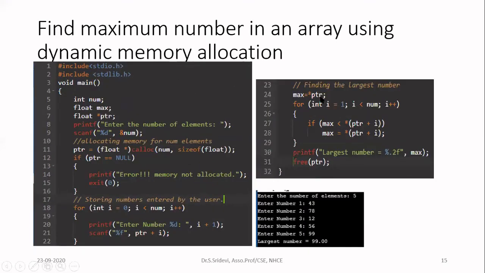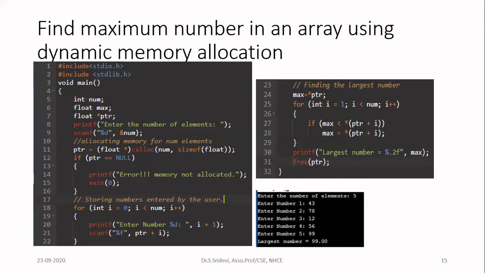Let us see one program to find the maximum number in an array using dynamic memory allocation. Maybe first I have to allocate memory for an array using dynamic memory allocation. That is my first task. After that, after allocating the memory, I have to find what is the maximum number in the memory. In this, they have mentioned that you have to go for dynamic memory allocation. So definitely your program must have functions malloc and free or calloc and free minimum. You can go for realloc if required, but in this program it is not required. So either use malloc and free in your program or calloc and free in your program.